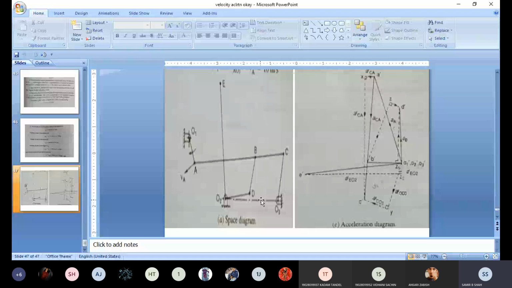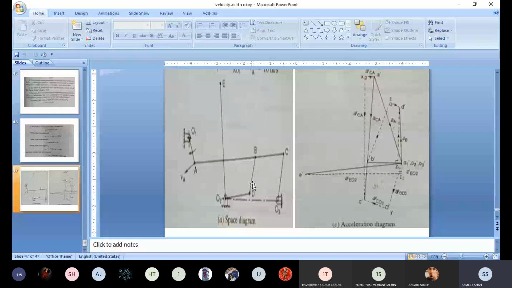From point B dash, as we know that we are getting the point, we have to join O2 with B dash. As here O2 is concerned with the B, so we just join O2 with B dash. Just for your reference, it may be 450 meter per second square. Just remember that O2 dash B dash, this is the value which is equal to 440 meter per second square. Okay, now talk about BD.